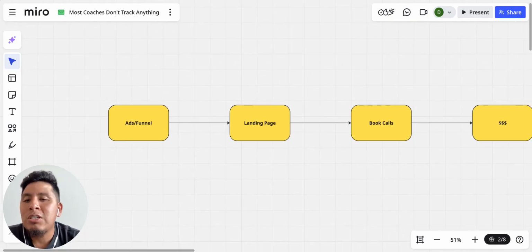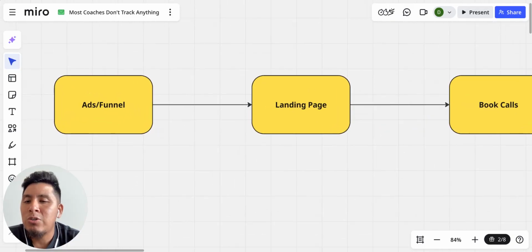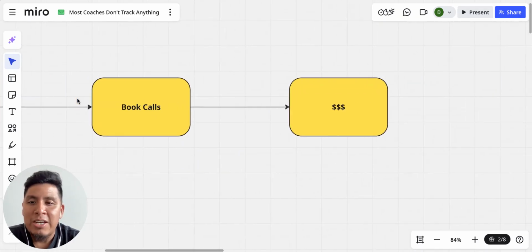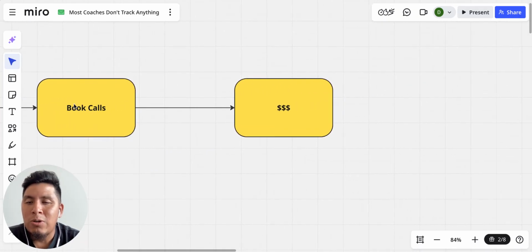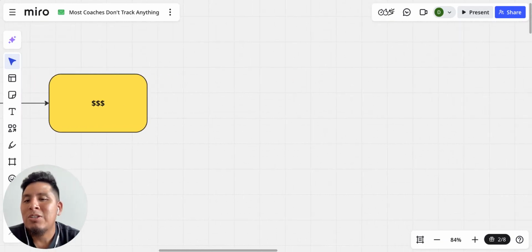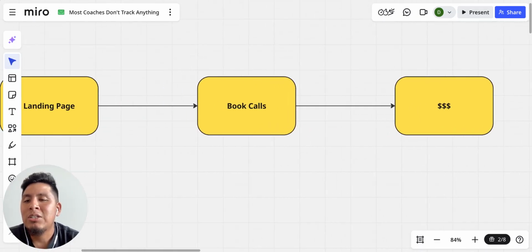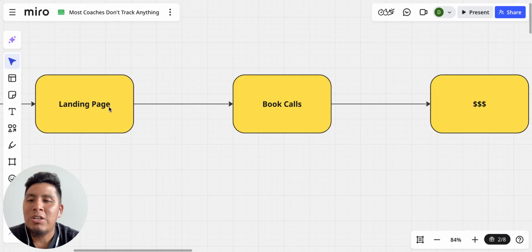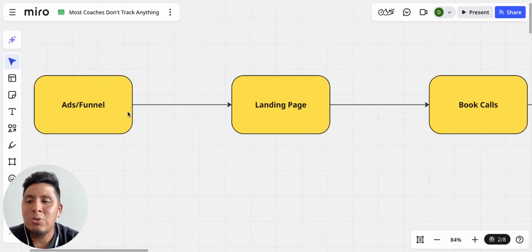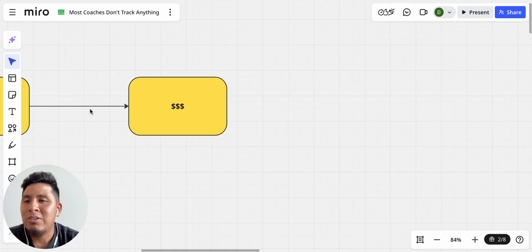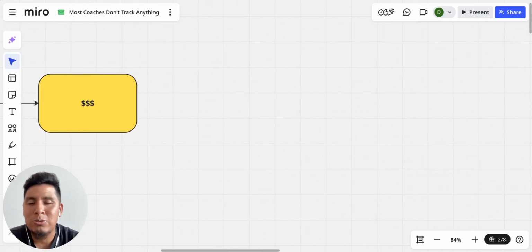Right. So currently you might be in a position where you're running ads, you have some sort of funnel, you're taking it to a landing page and you're booking calls, right? Or lack thereof, in most scenarios. And you feel like you're spending lots of money and you go back to the whiteboard or the chalkboard, as they say, and you're like, all right, let me just try to redo my landing page or change things up with the ads, trying to get this number to go up. And then you get a lot of no shows and you kind of go in circles, in this endless cycle.